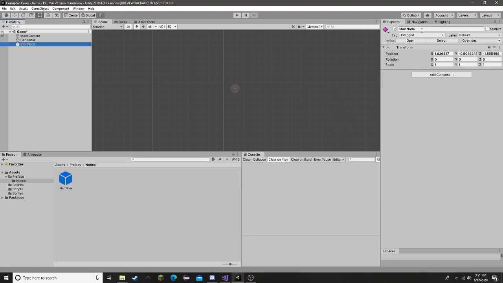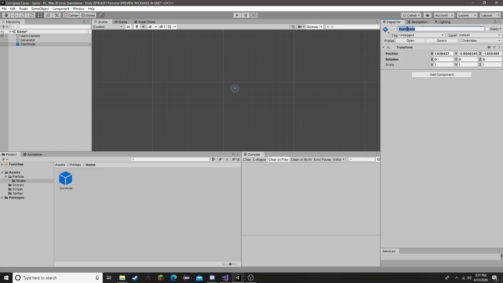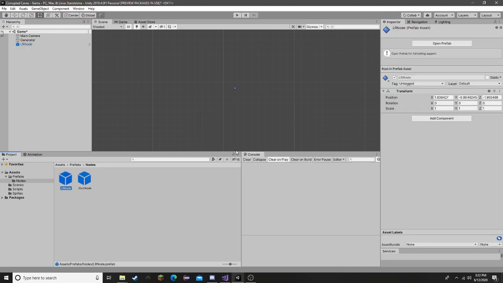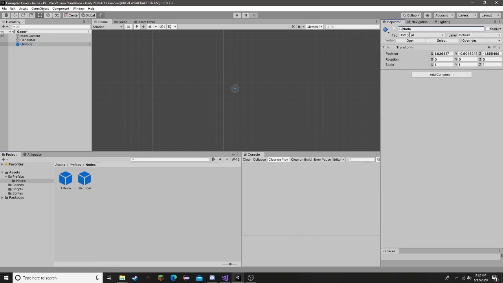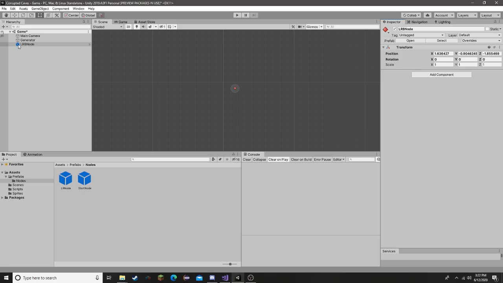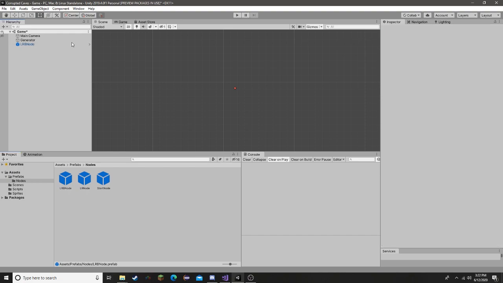I'm going to rename start node to, I don't know, left right node. We're going to change the color. That looks good. Left right node, enter. Going to drag it in. We're going to be prompted. We want to click original prefab because that's going to make it into a new one. We're going to want left, right, bottom as a node. I'm going to also change the color of that to red here. We're going to put that in as an original prefab, and pretty much we're just going to be doing the